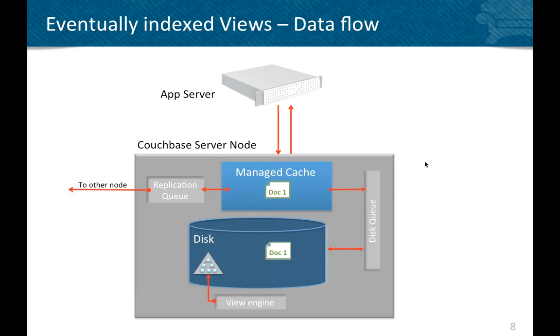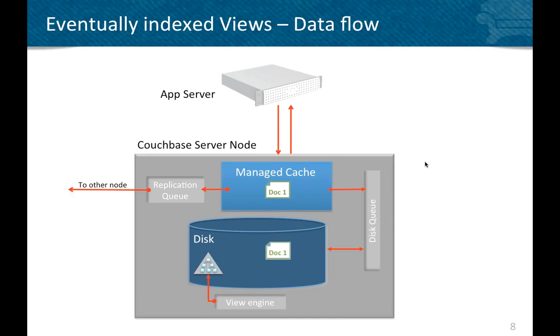Ideally, if your cluster is sized correctly, the disk queue length is going to be measured in seconds, if not shorter. But under heavy load or unexpected traffic spikes, the disk queue can grow longer and then recover when the load goes back to normal. So that is going to impact how long it takes before your data shows up in the view engine. Because as we see in the diagram, the view engine is driven by disk updates. So once it's been written to disk, then the view engine can process the document and insert it into the